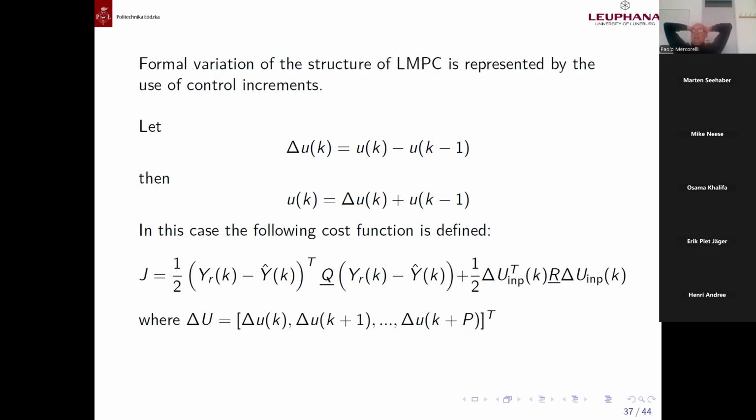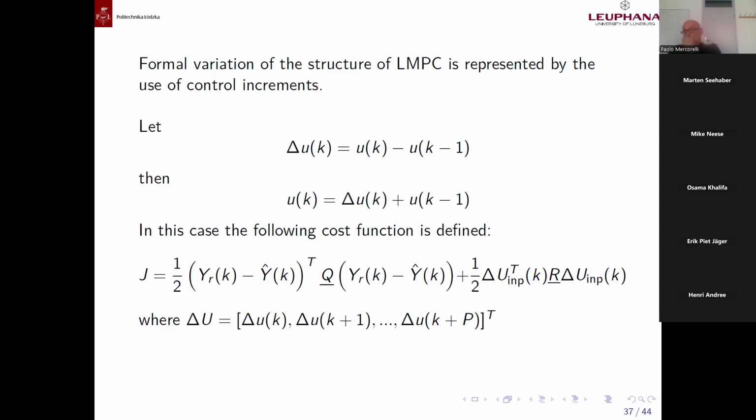This means UK is delta UK plus UK minus 1. This is written here. But the advantage is that I am using one past